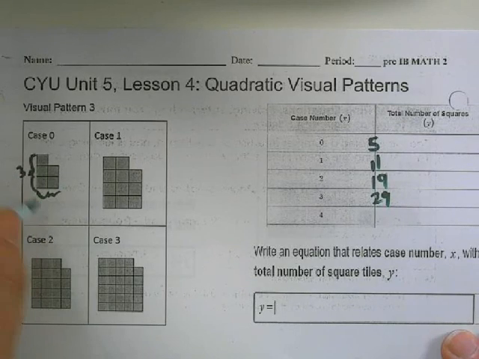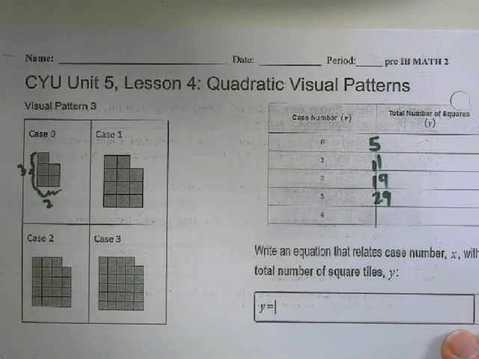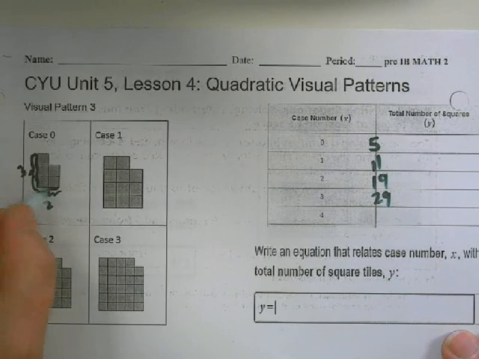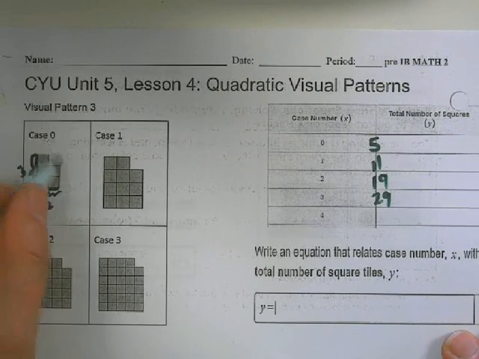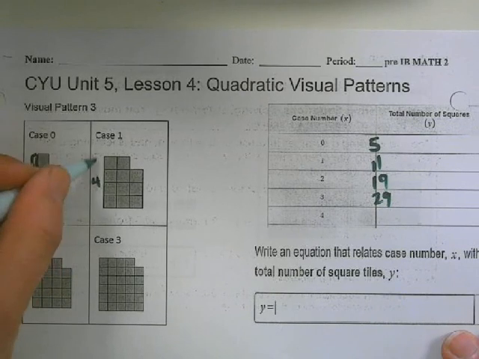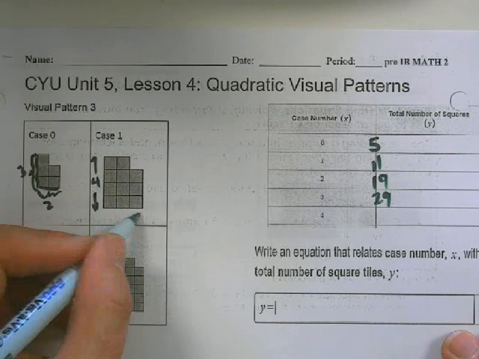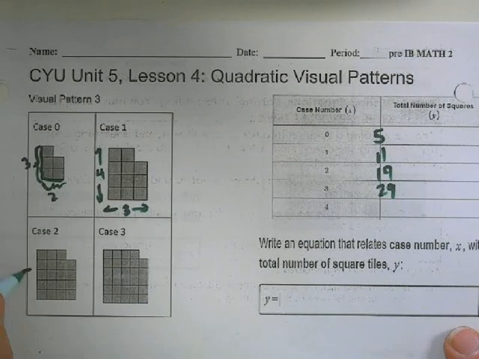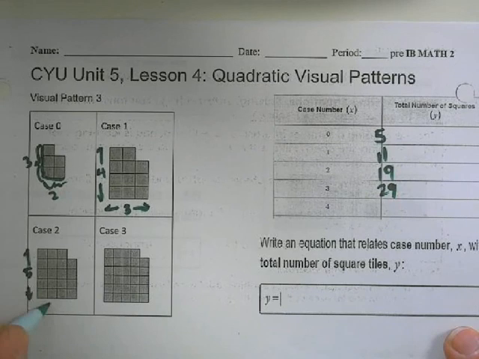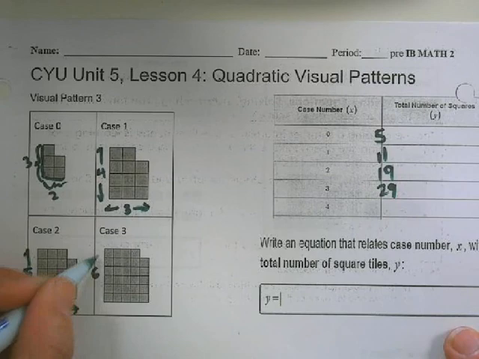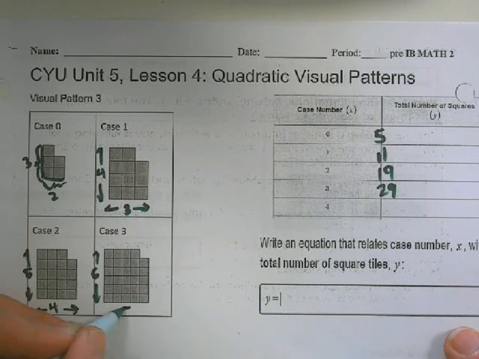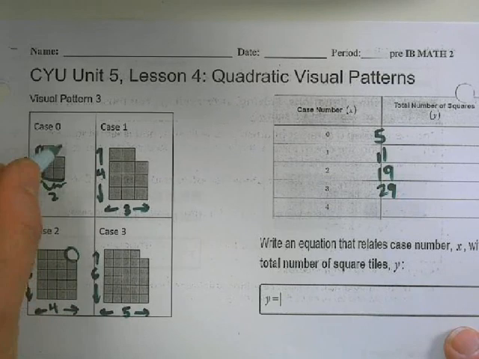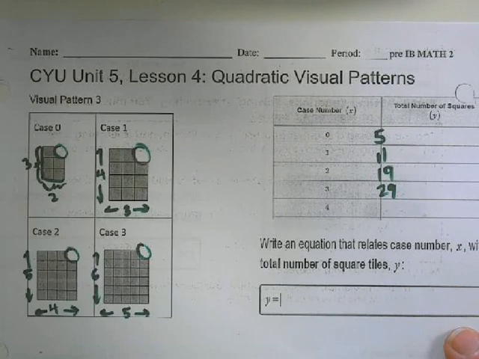and 2 here. So this is a rectangle that's 3 times 2, and then we subtract 1. Here I've got a rectangle that's 4 and 3, and here I've got a rectangle that's 5 and 4, and here I've got a rectangle that's 6 and 5. So you can see, each time we're taking away one of these, right? So if I think of it this way,